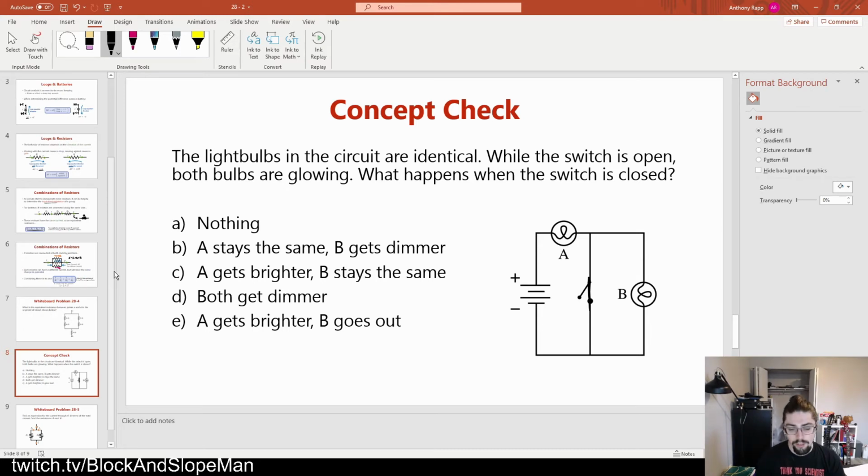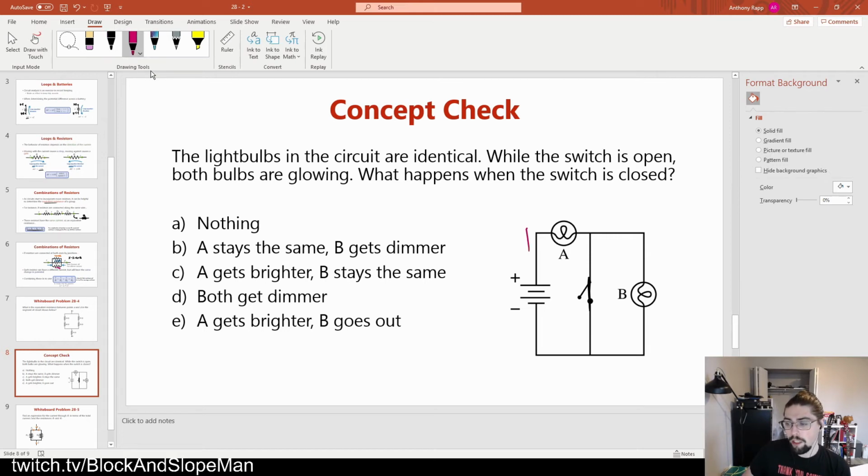All right, so this is kind of an interesting one. And despite the fact that it's conceptual, to really prove my points, I might have to go into some equations here. A is going to get brighter. A is certainly going to get brighter. But let's talk about why. At a bare minimum, whether in reality or in this ideal world where wires have zero resistance, A is going to get brighter because if I'm looking at my loop,